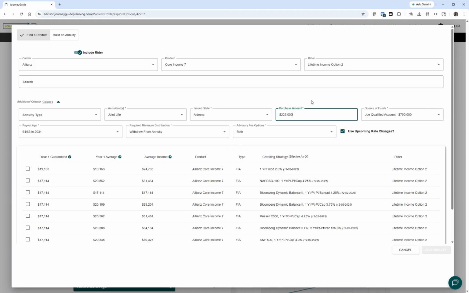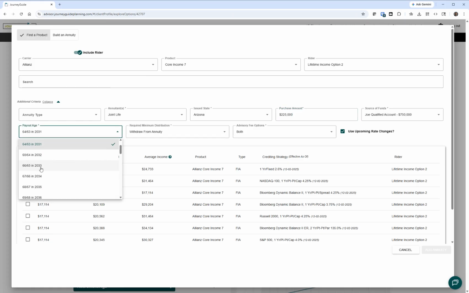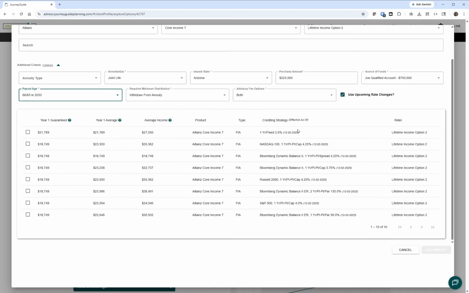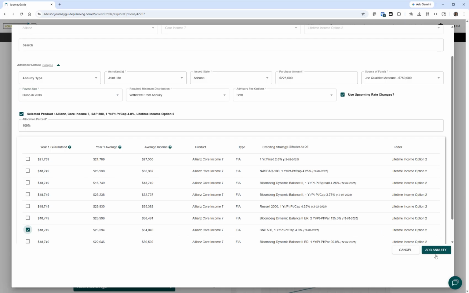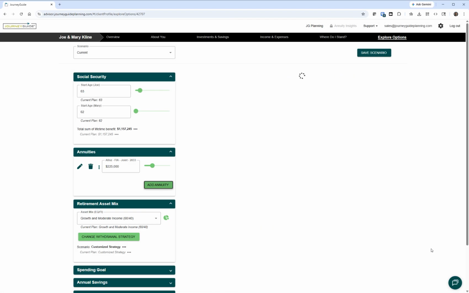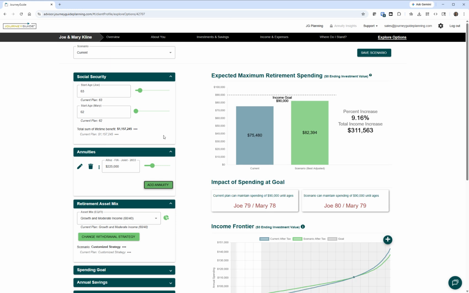I'm going to make that 225,000 coming out of Joe's qualified account. And we're going to start taking this when he's 66. Then you can see we list all of the strategies that are available and how much the payout will be based on our modeling. So I'm going to go ahead and include the S&P 500, click Add Annuity,